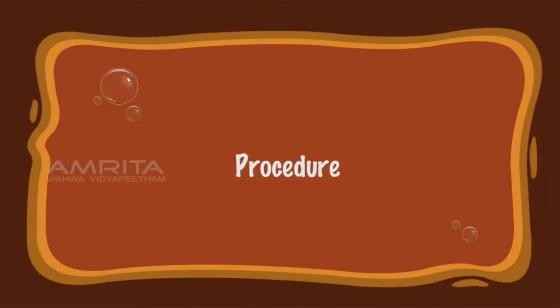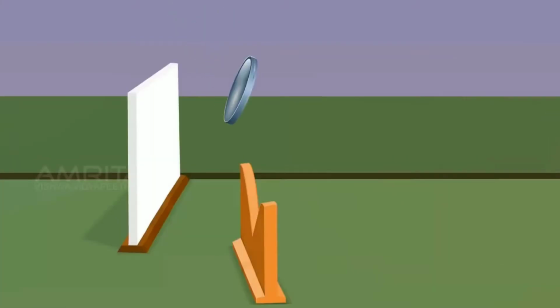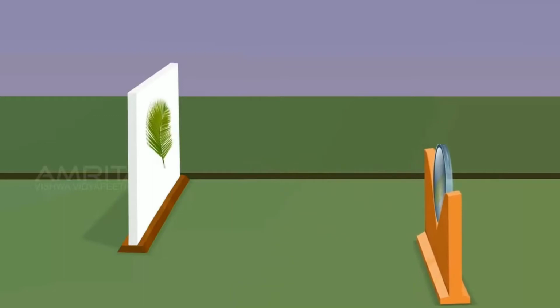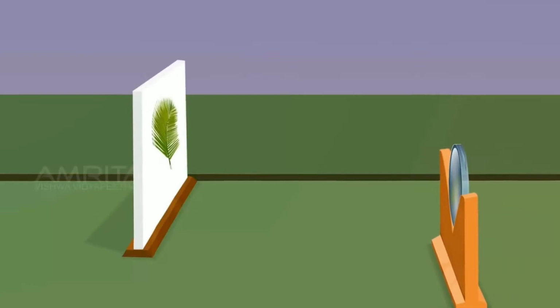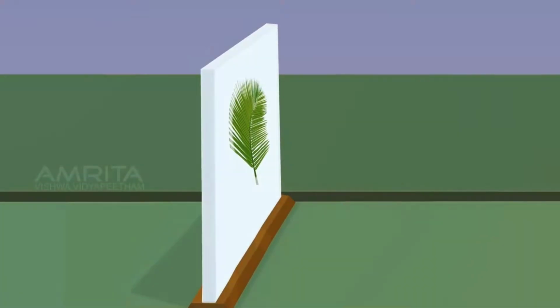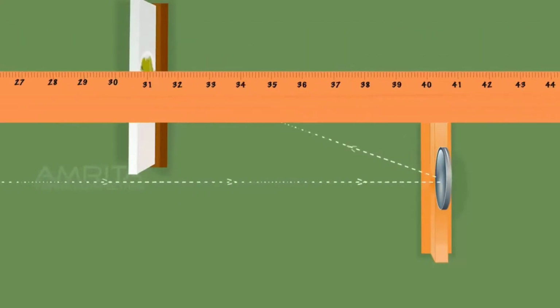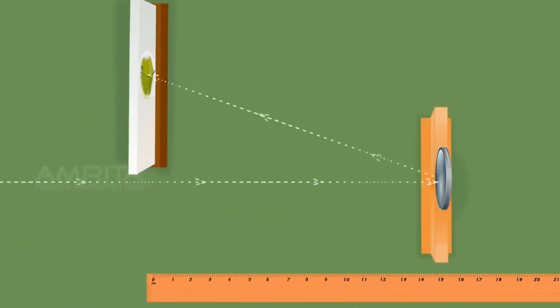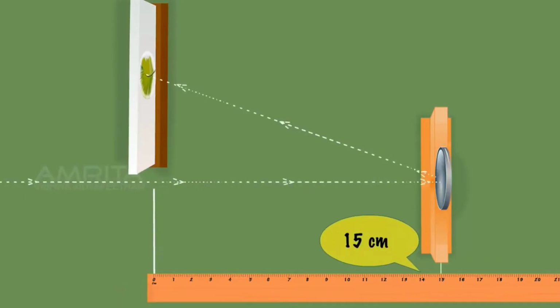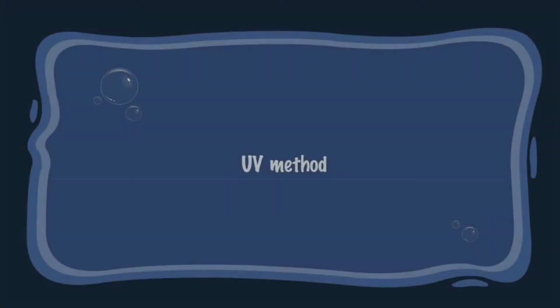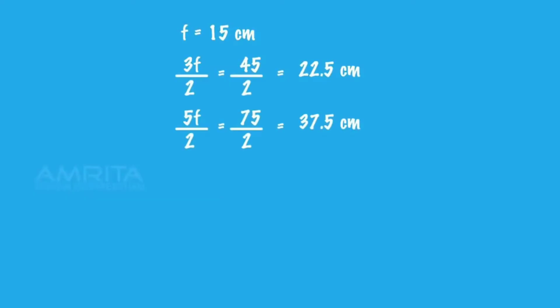Now how can we conduct the experiment? See here, for this we attach the mirror to a stand and keep it in front of the screen. When we get a clear image on the screen, this will give you the focal length. The distance between the screen and the mirror is the focal length. Here we are measuring the distance from the screen to the mirror, 15 centimeter. It is taken to be the focal length of the mirror. We are getting a clear image on the screen.